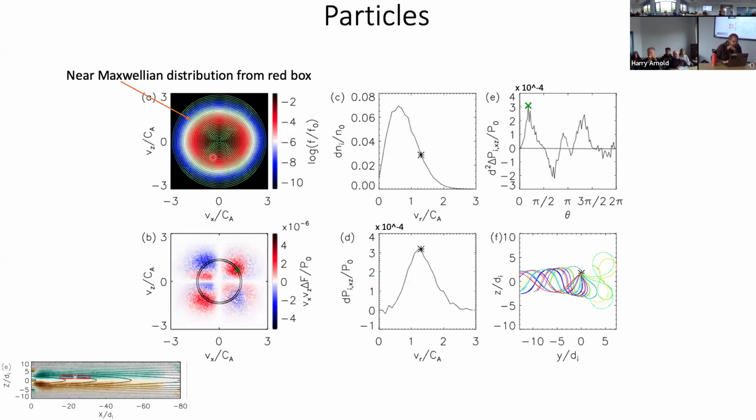So this plot here, the top left, shows the distribution of ions integrated over the out-of-plane direction, By. And it looks pretty much like a Maxwellian, to be honest, because again, we just have weak anisotropy. This distribution is taken in this red box here, so you can see it's a little bit upstream of the current sheet, kind of right where we have a significant amount of off-diagonal pressure. And then I have all these green circles, which you can see fairly well, that represent different annuli,